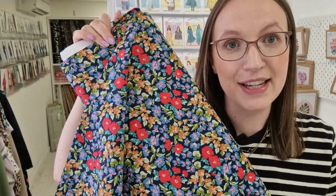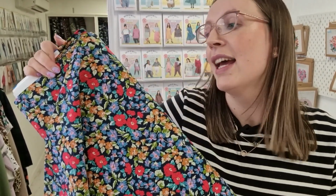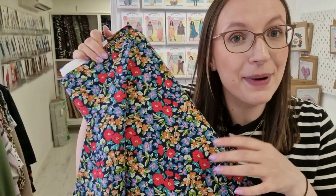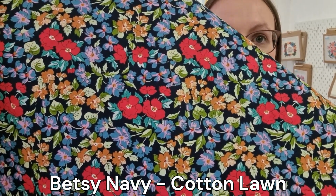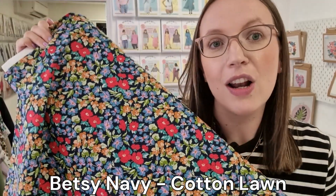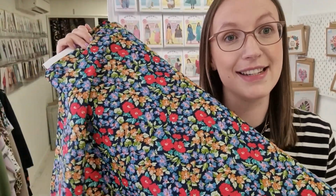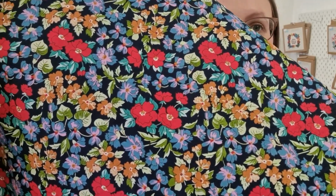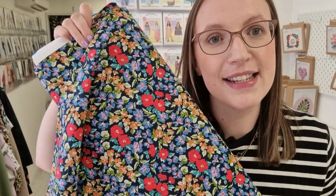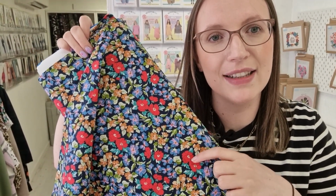This is the navy colourway. We've had this before in the white colourway. We are now out of stock of the white, but I've got this one instead, and I just absolutely love it. It very much looks like Liberty, but it's not Liberty, and it doesn't have the price tag of Liberty. So it's £14 per metre, but it's this navy background with these amazing pops of red that really stand